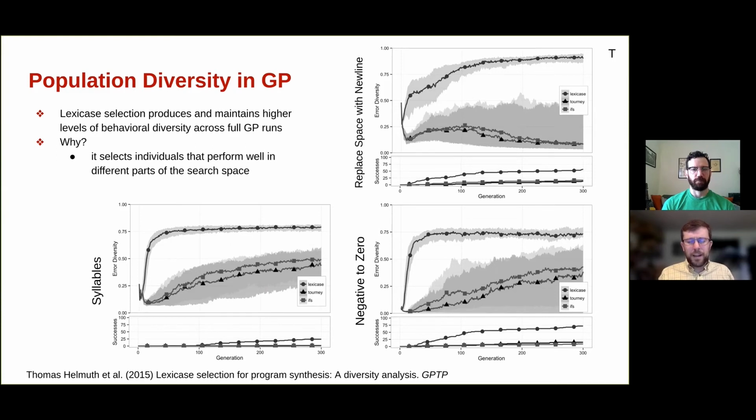Now, when we think about diversity, here I'm going to focus on behavioral diversity. And in this, I in particular mean the diversity of outputs across cases. So not just diversity of, say, a final value or the diversity of a genome, but specifically the diversity of the outputs or error values of the population. And in a variety of studies, we've shown that Lexicase selection produces and maintains higher levels of this behavioral